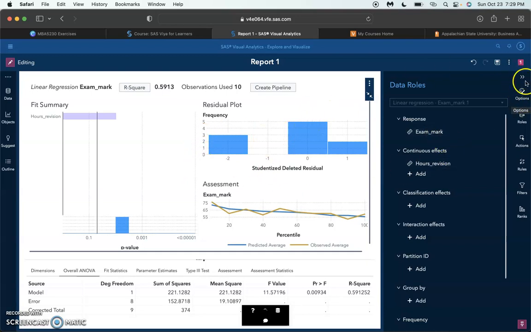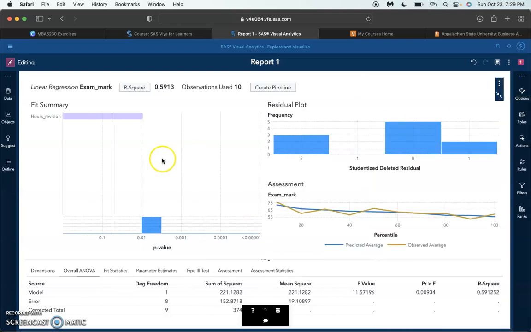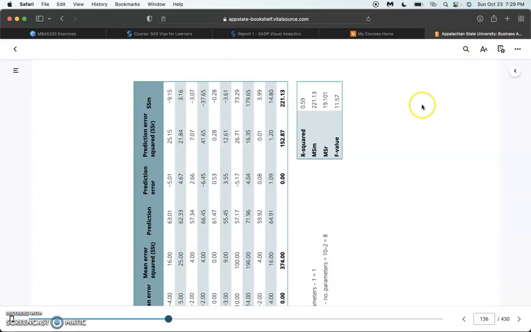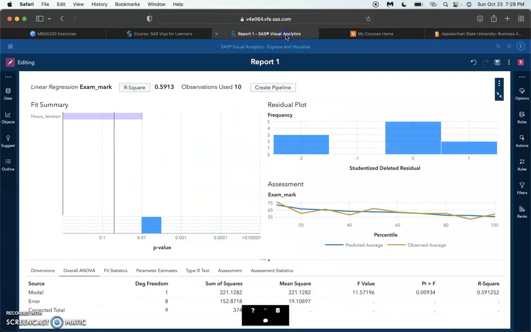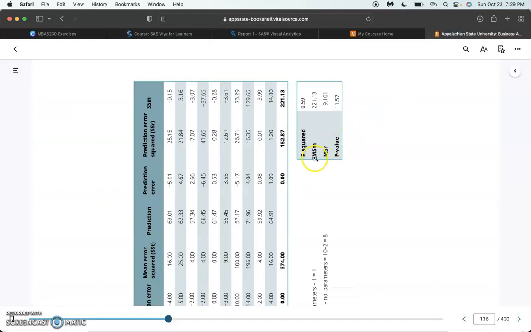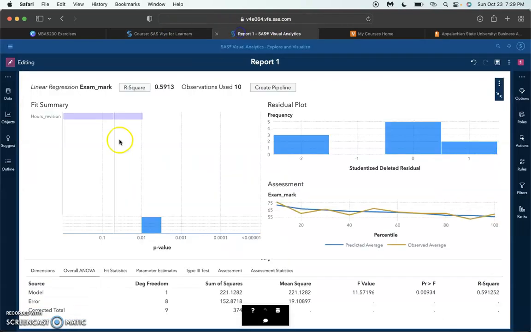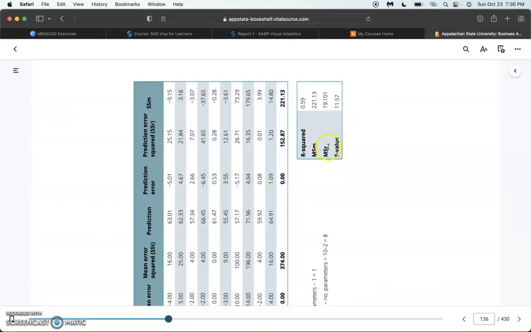We want to verify within this little table right here, table 6.9, that R squared equals 0.59. So going back over here, you can see that R squared does equal 0.59. You want to see that the MSM is 221.13. So you do that by going over to the overall ANOVA, and you can see that it does in fact equal 221.13 when rounded. You are also looking at the MSR value, which is going to be